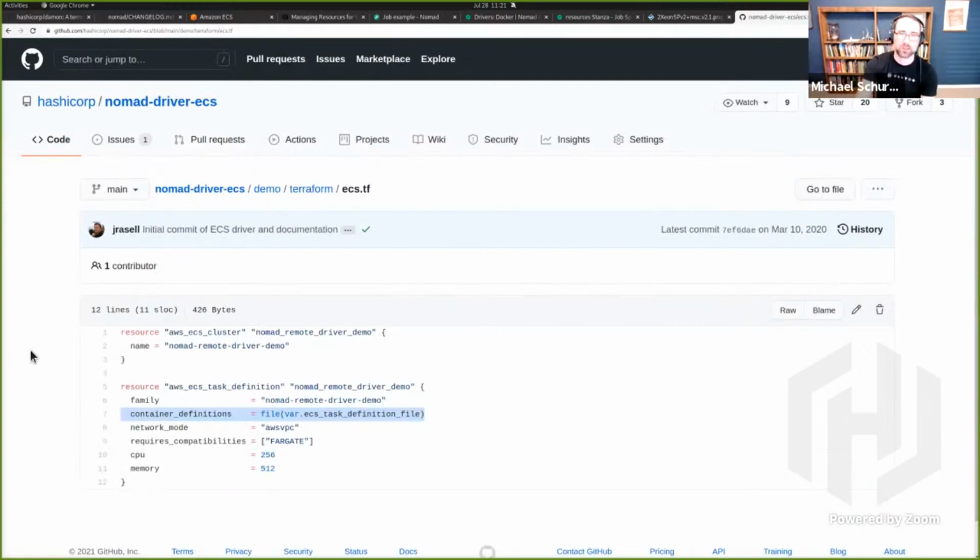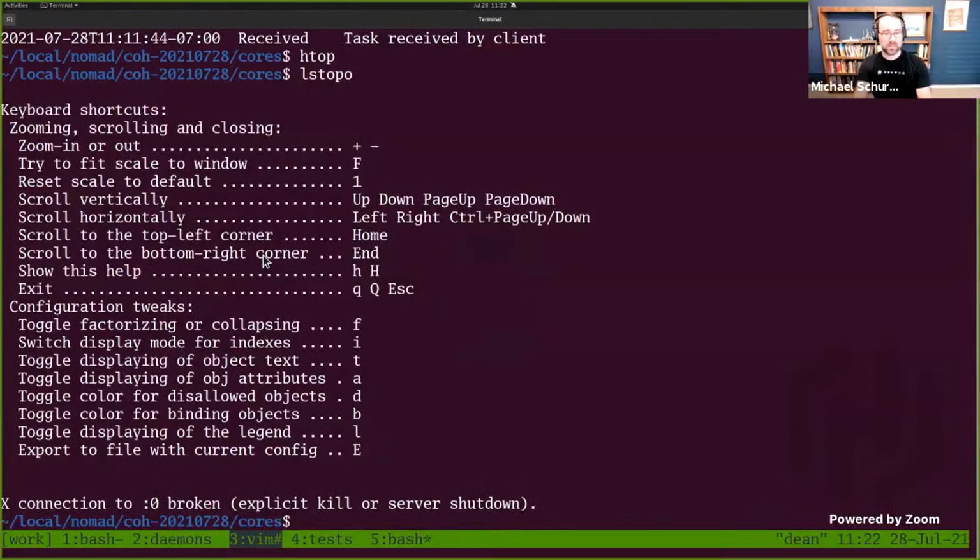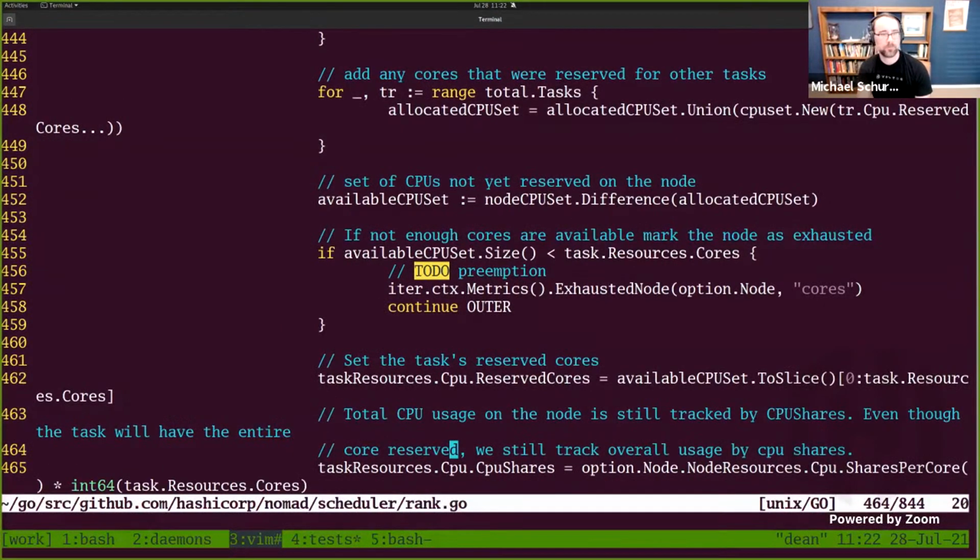Really sorry that all of my tabs are tiny. We define the container definition just in a Terraform file, and then Nomad is just used to spin up instances of this predefined task. So probably not the best usability. It'd be really nice to have an ECS driver that worked like our Docker driver: give it an image, it runs it. That would be an exciting thing to see happen. But for today, this is what we're going to be using. And I have that Terraform already run.